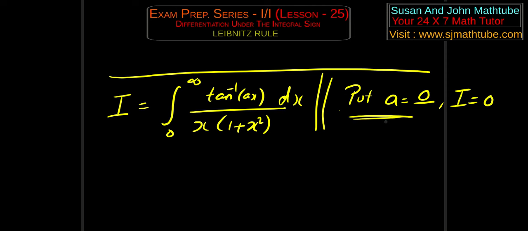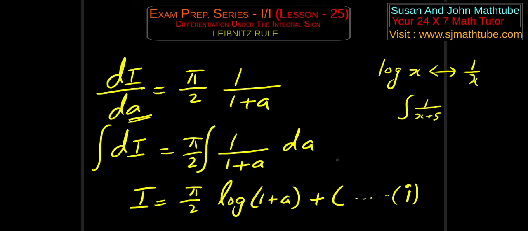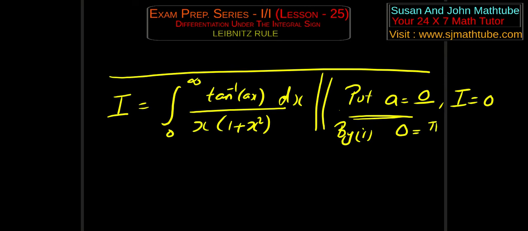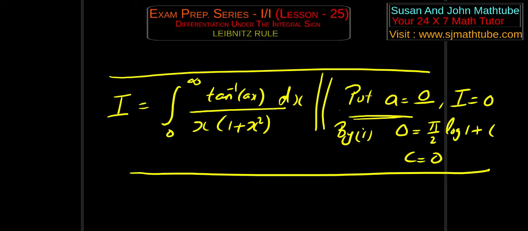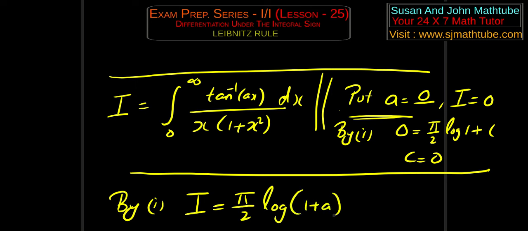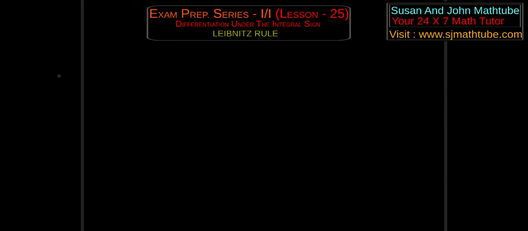Now I plug in all these things in equation 1. So I write by equation 1, I have to put I equal to 0, and that will be pi by 2 log 1, that is 0, plus c. So c is equal to 0. That's it, my friends. Now you can write the answer by 1. I is equal to pi by 2 log 1 plus a plus 0. Yeah, that's it. Now let's do another important question,